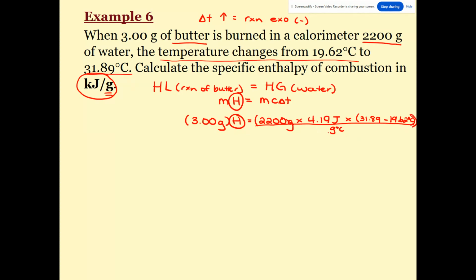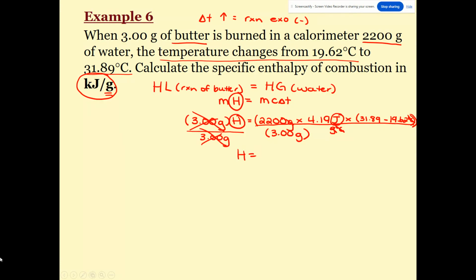So our grams cancel, our degrees Celsius cancel. I'm left with joules on top. And then again, to solve for H, I need to divide both sides by what H is multiplied by, which is 3.00 grams. Okay, so it cancels over here. And we're left with H equals, in my calculator, I'll be doing